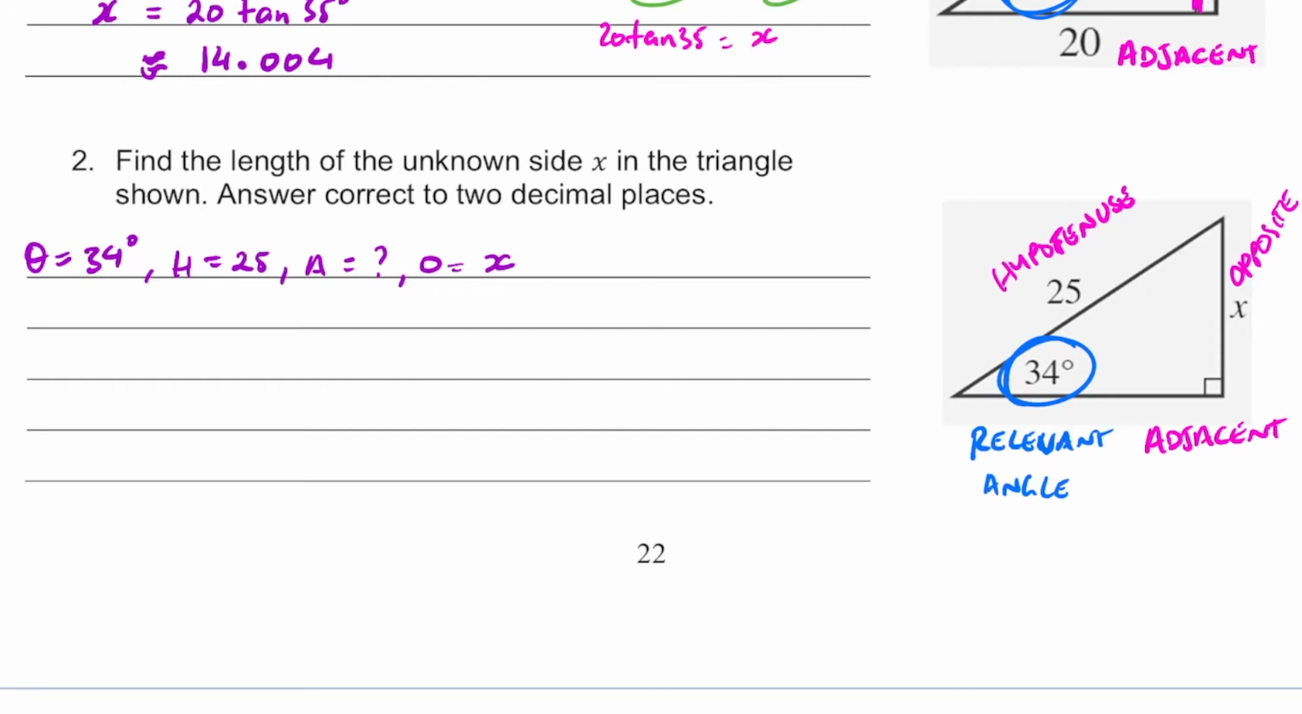So based on our SOHCAHTOA, we're going to use the sine ratio. Okay, so we're going to use sine. So let's get started. The first thing that we're going to do, well, we've got a diagram. We don't need to draw that. We have all of our relevant information. So I'm going to start with the formula. So sine theta is O over H. Filling in that formula,